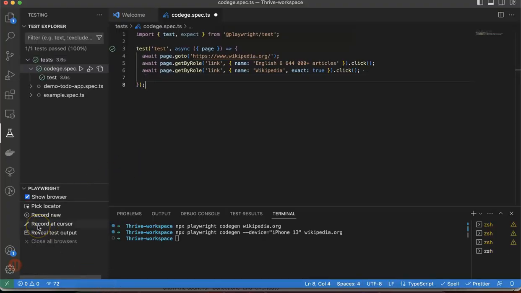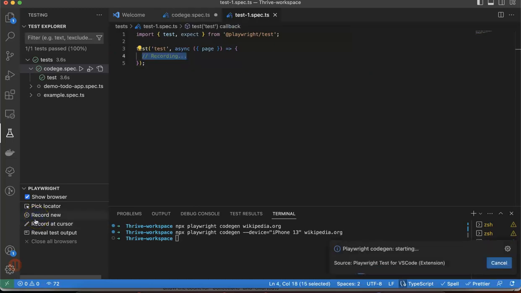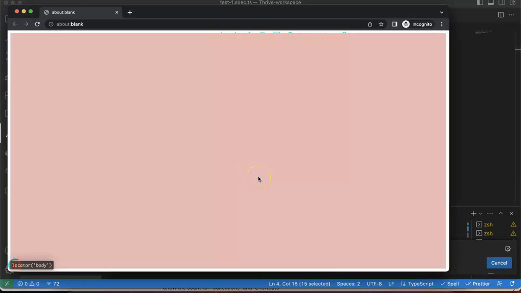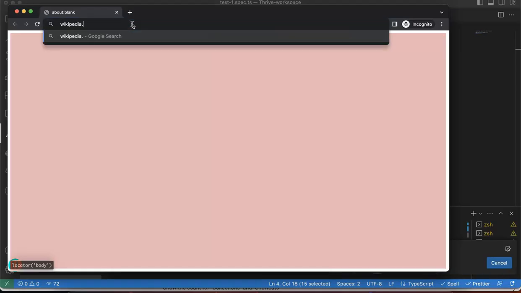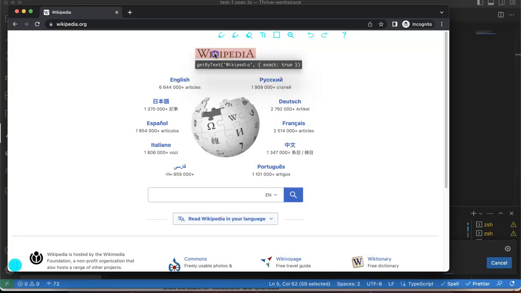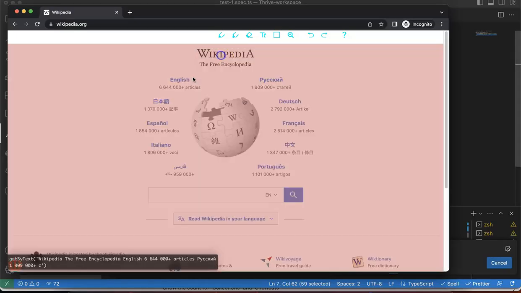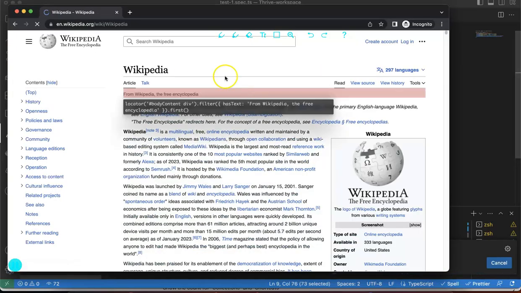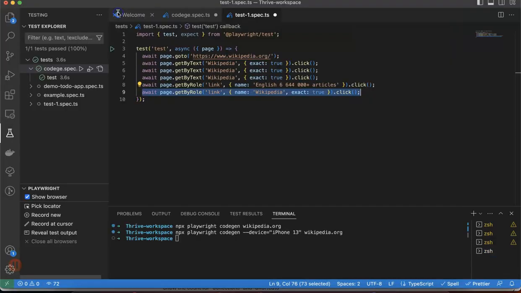The other way to also record is using the Playwright extension. There's an option to click on the recorder, and then you just start with, let's say, wikipedia.org. I need to click here and then click on Wikipedia. Just close that. You can also see that whatever code we tried got generated here automatically